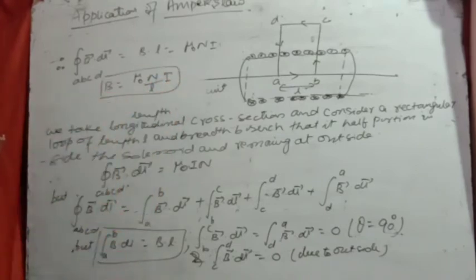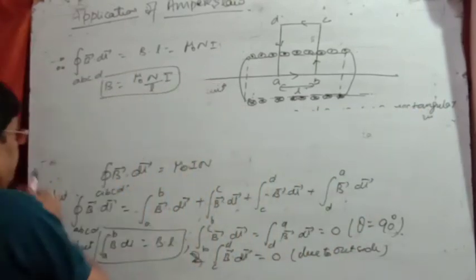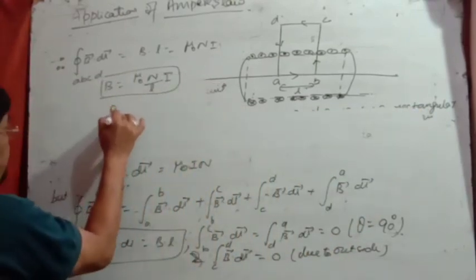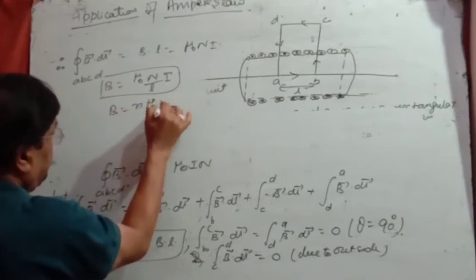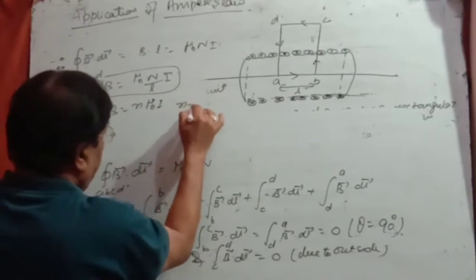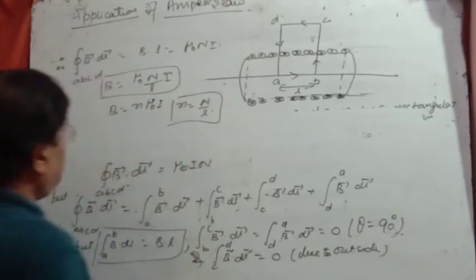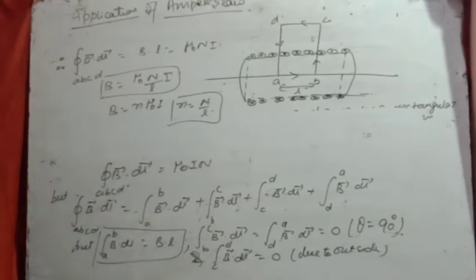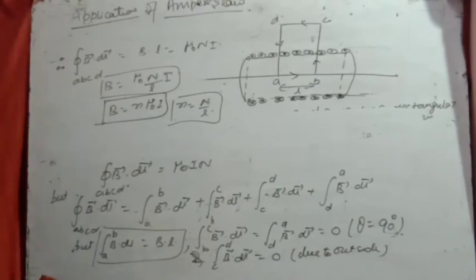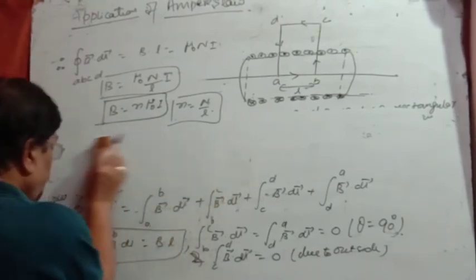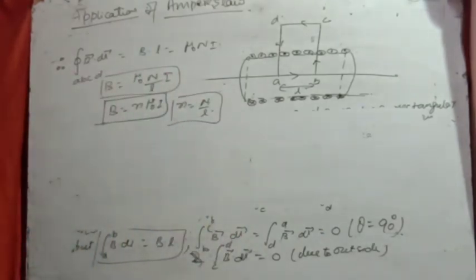N by L is what? Length, number of turns per unit length. So B is equal to mu naught N I, where N is the number of turns per unit length. So it is the magnetic field due to a solenoid in the case of an air core. This formula is used for an air core. Suppose we are taking an iron core or other